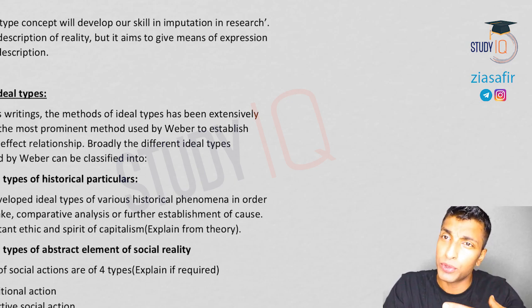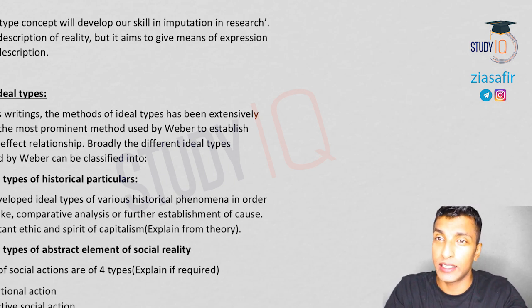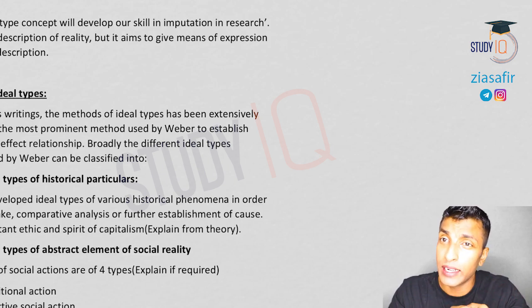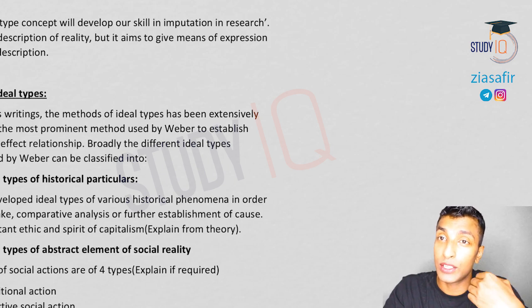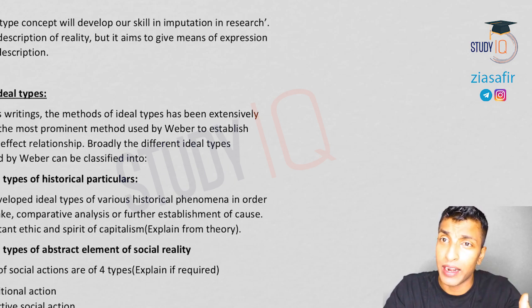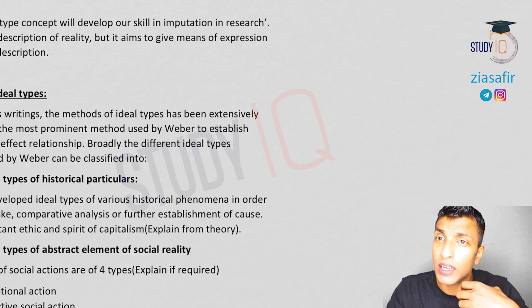So what all things will come to your mind when I'm talking about family? Or similarly, what are the ideal types of religion? When I'm talking about a particular religion, what all things will come to your mind? That is your ideal type. When I talk about marriage, what all things will come to your mind? That is the regularities, and that's what I mean by the ideal type. When I'm talking about capitalism, power, authority, democracy, what all things will come to your mind, such as elections and political parties? These are the regularities and these are the ideal types.